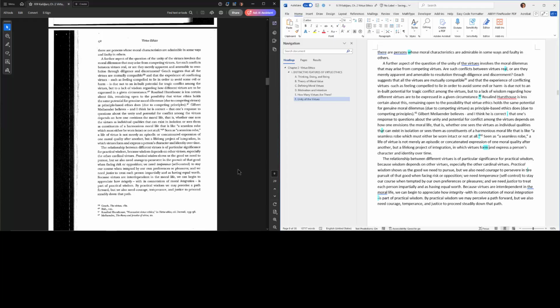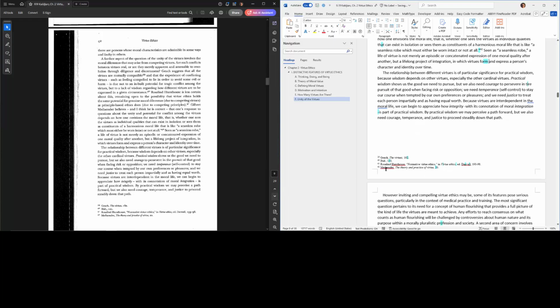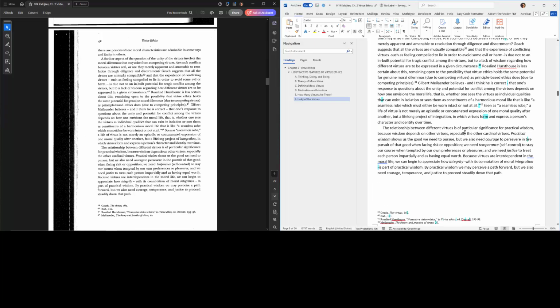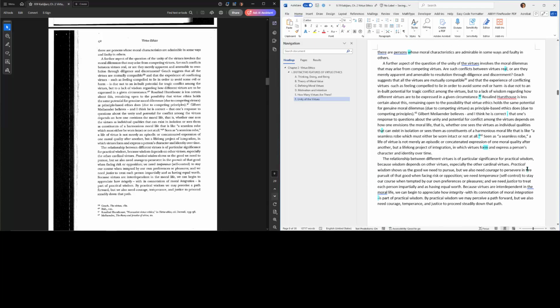Let's check our 39 through 42. 39 through 42, looking right. Persevere in the pursuit. We'll add our spaces back.